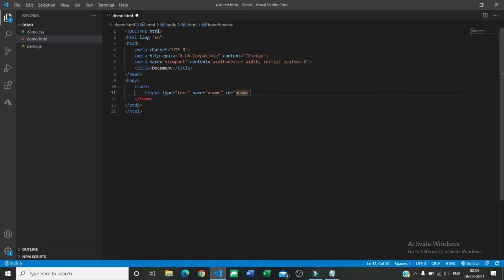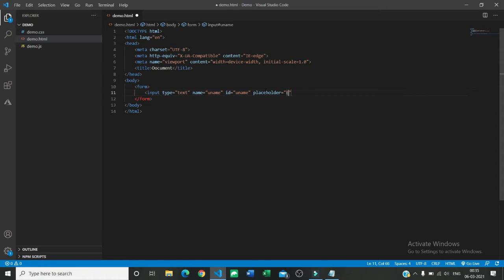Whenever we are accessing this HTML file from a different scenario like CSS, JavaScript or any other thing, then these ID, class, name are going to be used. By getElementById, getElementByName, you will learn in our JavaScript course. So I have given this, and another thing, as I have already told you, is placeholder.